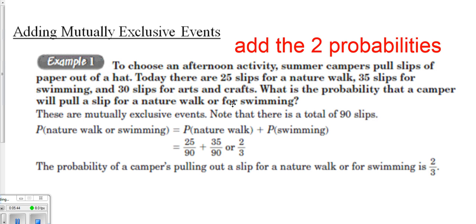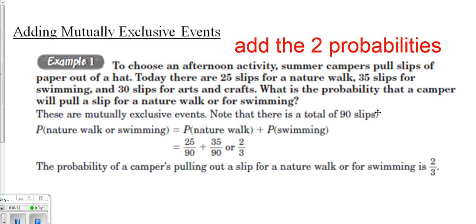So for example, to choose an afternoon activity, summer campers pull slips of paper out of a hat. Today there are 25 slips for a nature walk, 35 slips for swimming, and 30 slips for arts and crafts. What's the probability that a camper will pull a slip for a nature walk or for swimming? So one or the other. Now, these are mutually exclusive events because you can't pull one that says both of them on there, and there